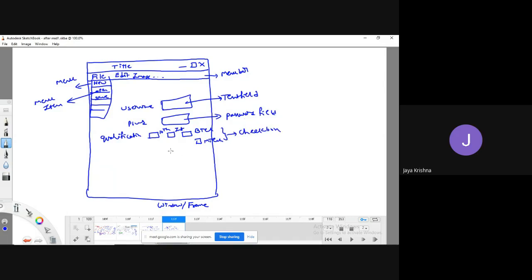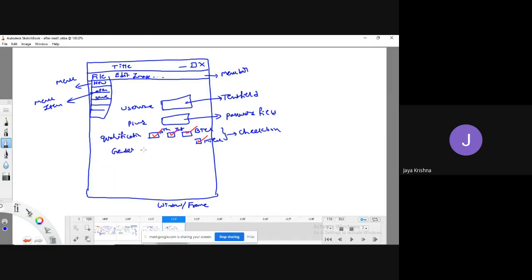Why? Because a checkbox allows you to select multiple items at a time. A user may be a 10th class pass student, an intermediate completed, and B.Tech completed student, and sometimes M.Tech also completed. So I need to select multiple items. That is the reason we have taken it as a checkbox.